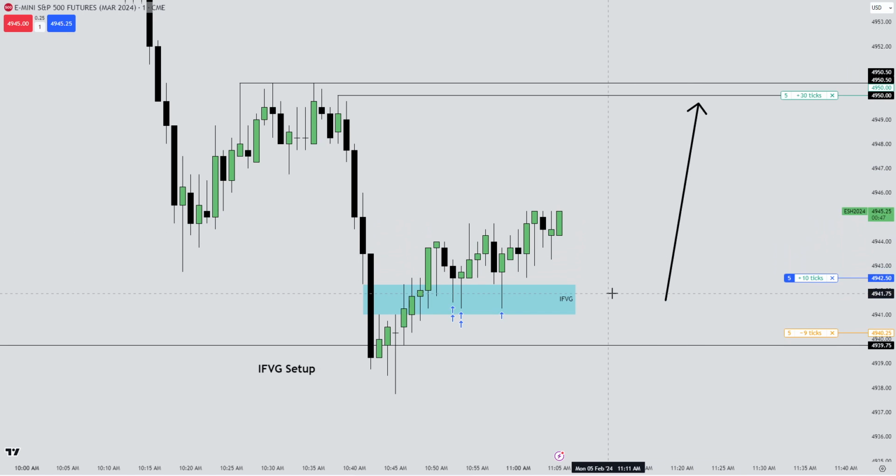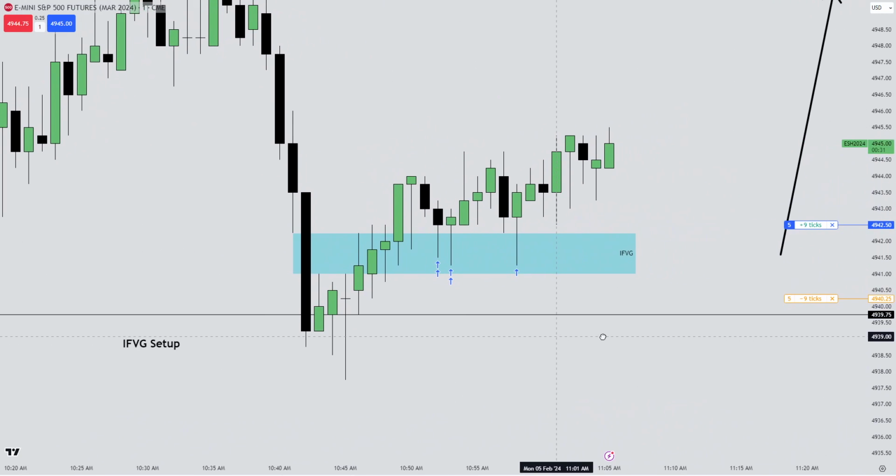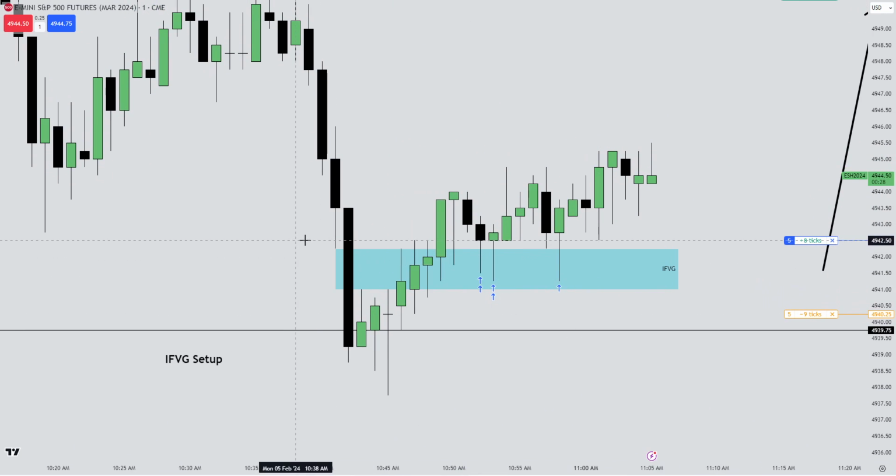So what I'm not doing is waiting for price to just break above a bearish fair value gap and then long in here. What I am doing is figuring out a key area where I anticipate a reversal at and then look for an inversion fair value gap to form. Once price closes above it, so if you're new to ICT concepts, a bearish fair value gap is just between